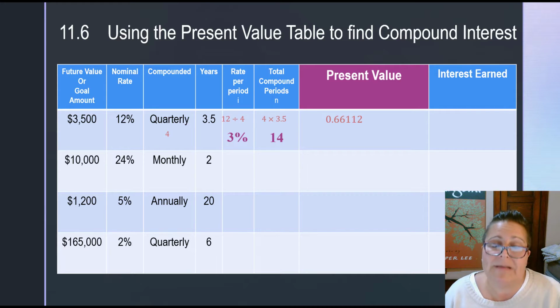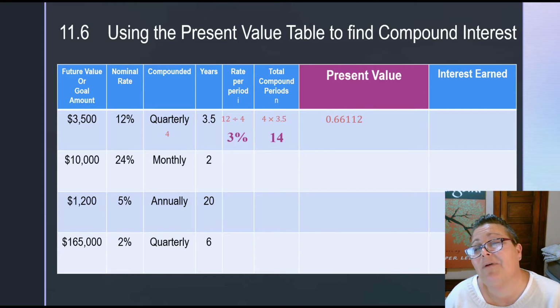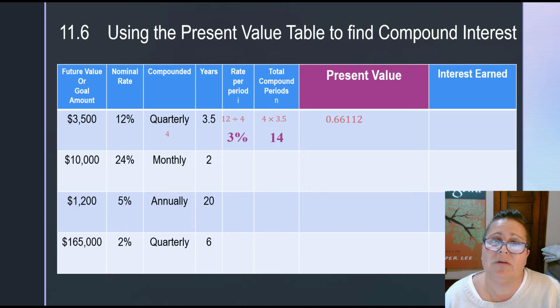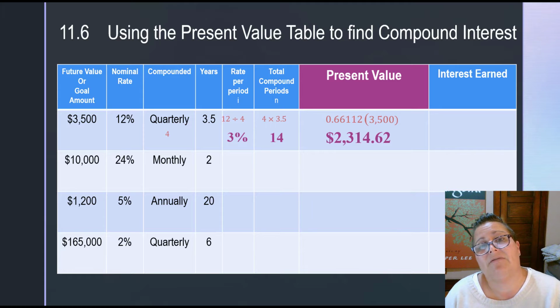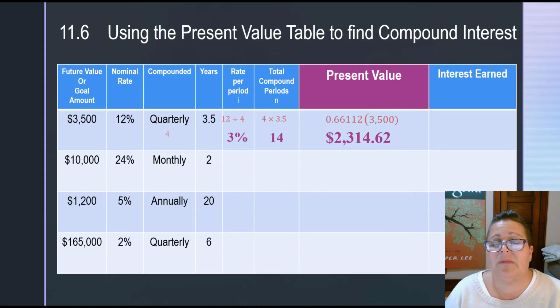This is the present value table factor. I'm certain that I'm in the ballpark. I mean, maybe I read it wrong, but I'm certain I'm in the ballpark because I know this number should be less than 1. The present value of the money should be less than the future. So 0.66112 seems right. I'm going to multiply that by the goal amount of $3,500, meaning the present value, the money I would need to put away today, would be